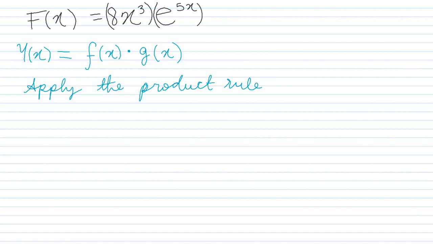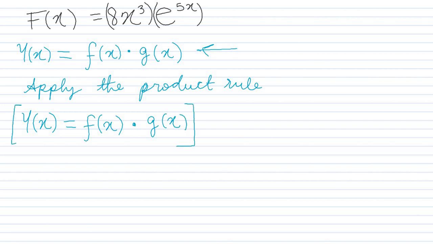So now this is what the function looks like with the blue arrow. This is what it looks like after we apply the product rule. We're going to have something that looks like this. y of x equals f of x multiplied by g of x. And what did I say? We're going to differentiate it, because to apply the product rule, you need to differentiate the function. And this is just basically a general function. So then you have